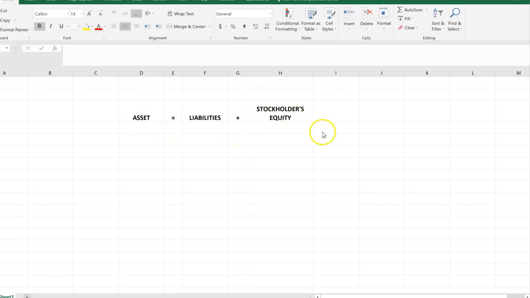So let's take each of these components. I call them elements. Let's define them. An asset is an economic resource or a future economic benefit. As we go through the course, you're going to become more familiar with the various accounts that are assets. As I define each of these for you over the course of the next few chapters, in accounting we deal with various accounts where we capture the information depending on what the item in the financial transaction is. So some accounts that you're going to work with and hear about that are assets include